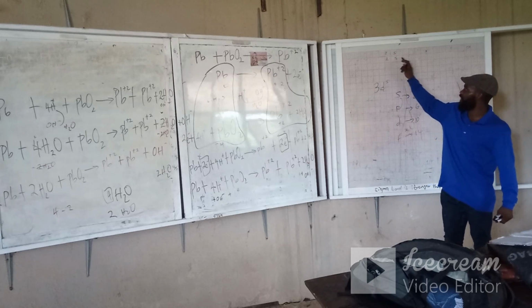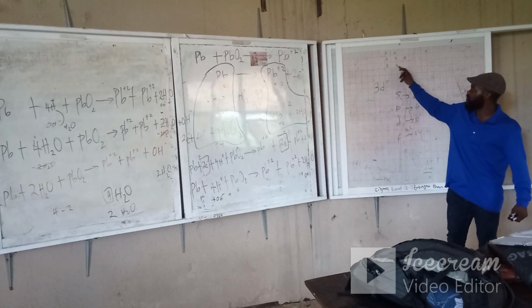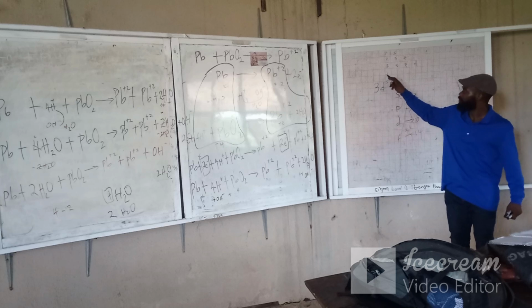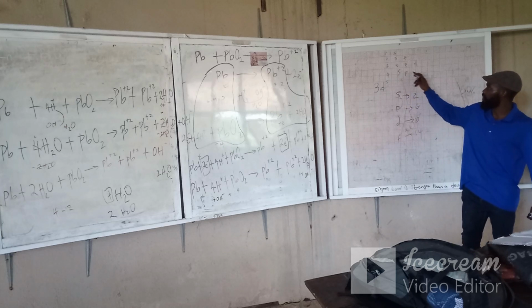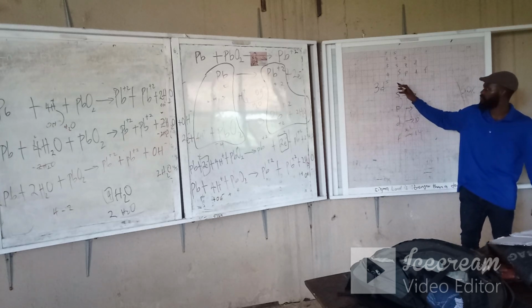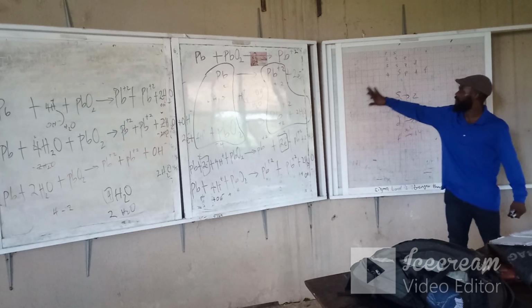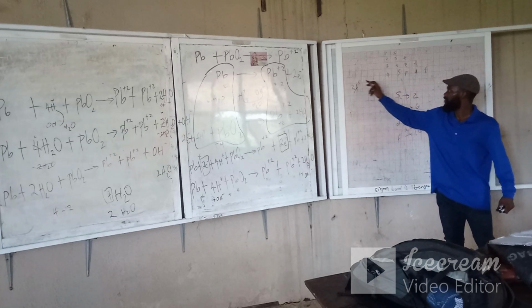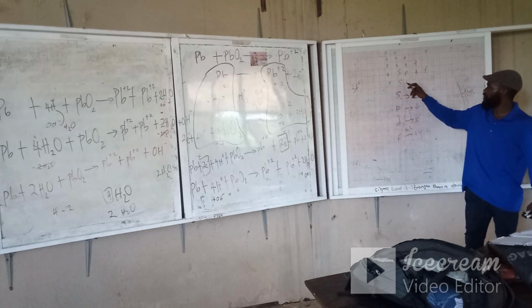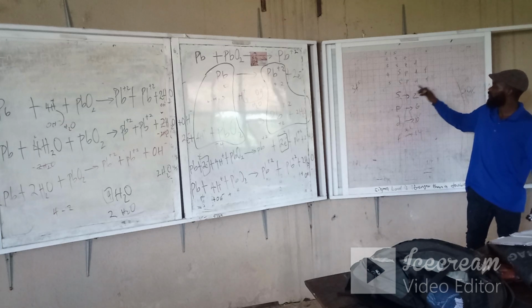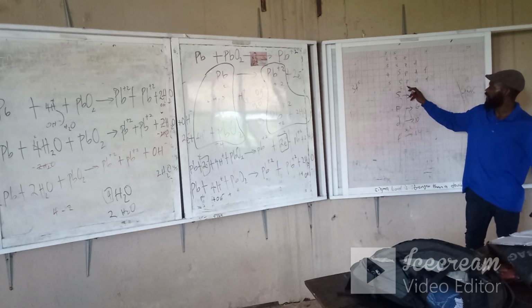1s, 2sp, 3spd, 4spdf. Remember this. Wait, I'm coming. Let me write this. 3d, 5, then I have 5spdf. Then I have 6spdf. Then I have